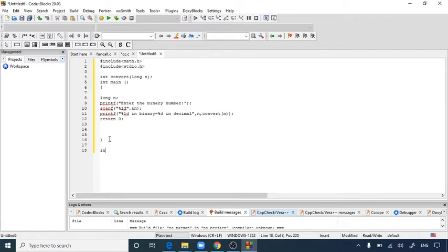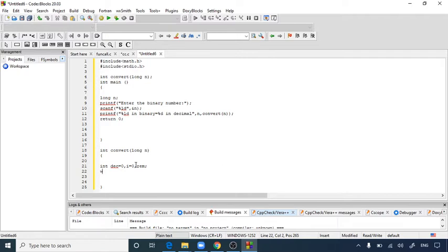Now I'm going to define my function, that is the int convert function, which I have declared up here with the parameter long n. So here is the formal parameter, and here is the function body which I am going to write down. I am going to use int decimal. First of all I'll make it 0, and then one more I'll need for iteration, that I'm going to set as 0 also. Here must be a comma, not a semicolon. So I have declared two variables, and one more I would like to have, a remainder variable, which I am going to keep as it is.